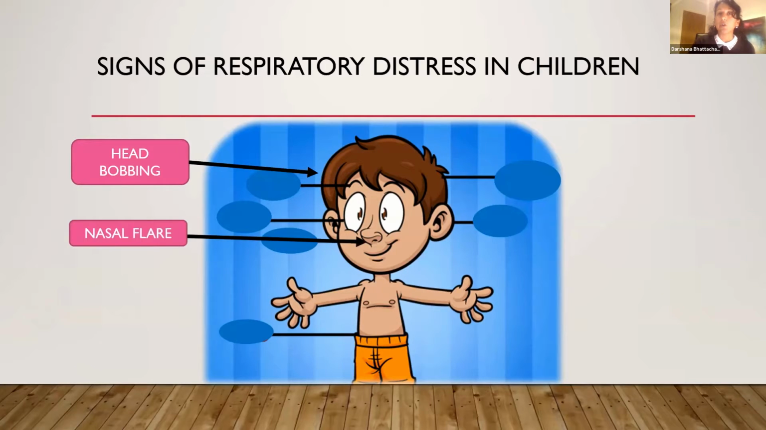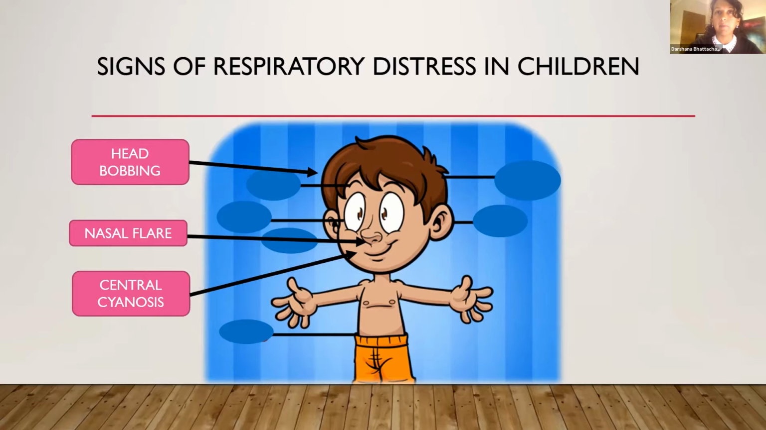You might see something called nasal flare. Again, this is a sign in younger children and infants under 1, where you actually see their nostrils becoming bigger and smaller. And obviously you might note central cyanosis, where the tongue might look a bit bluish. When you see central cyanosis, that usually indicates that the oxygen saturation of a child is less than about 85%. So very important sign, especially if you don't have any means to actually check the oxygen saturations of a